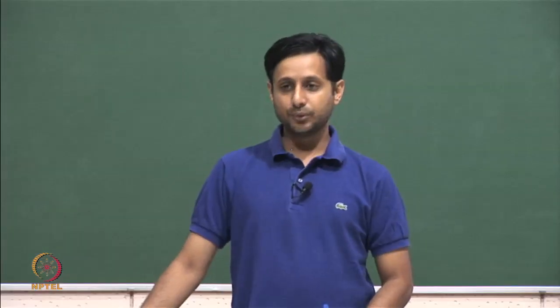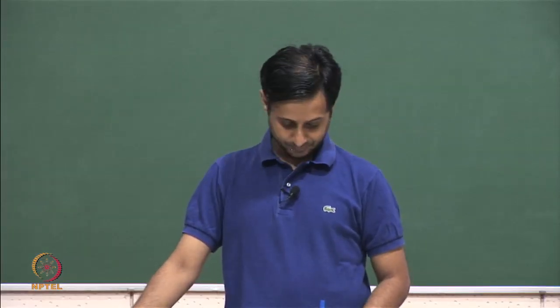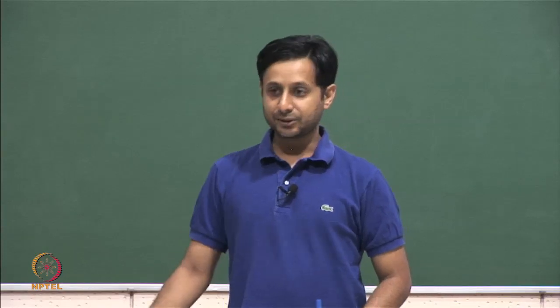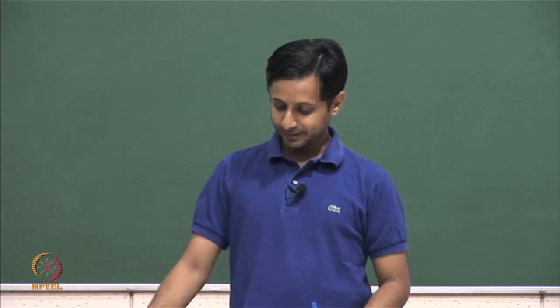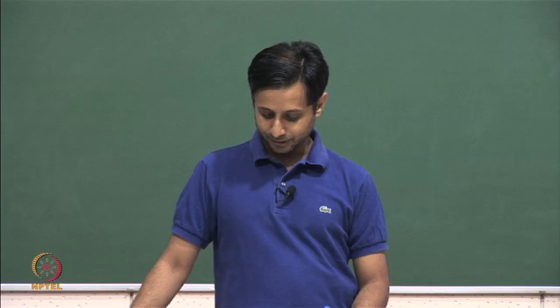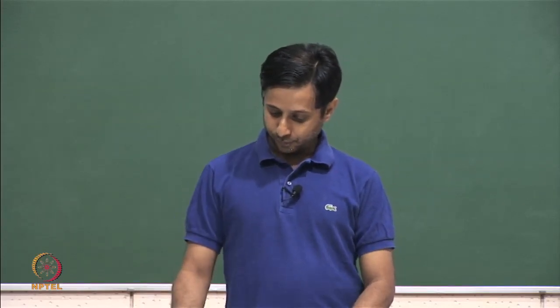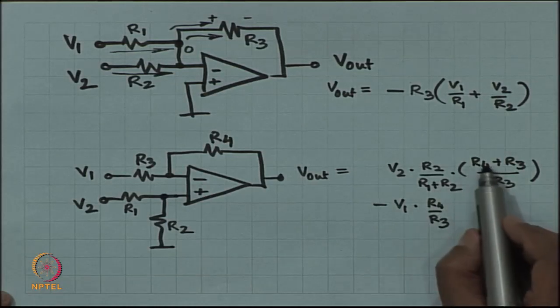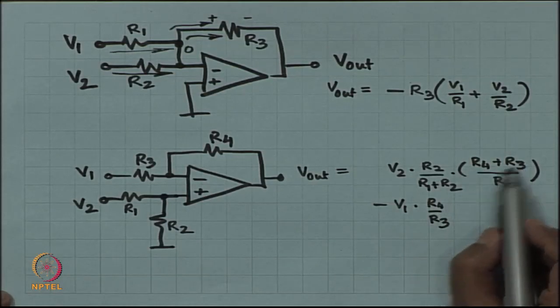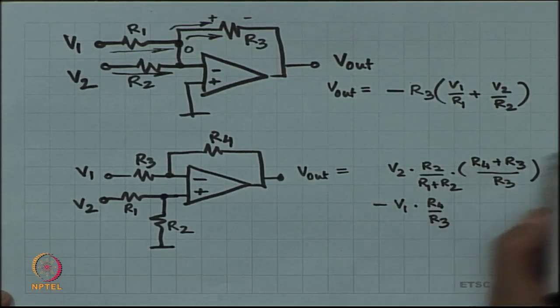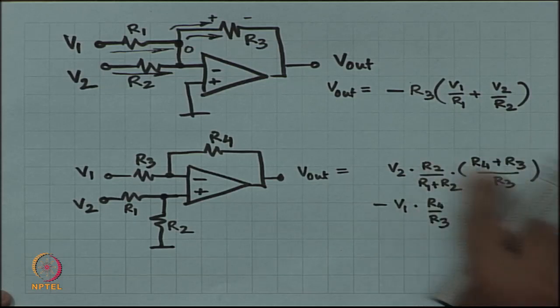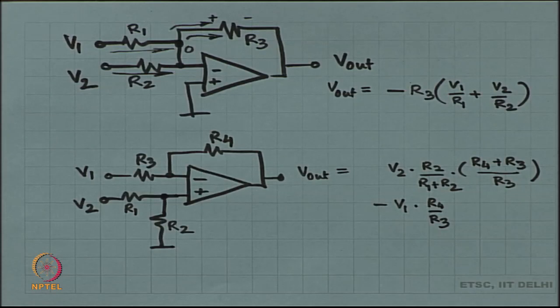Now, if you want these factors to be equal, then you can engineer them to be equal. All you have to do is, what do you have to do? If you want to make sure that they are equal, you just make R4 plus R3 equal to R1 plus R2. So, these two cancel out and this therefore becomes, so make R4 equal to R2, make R1 equal to R3,